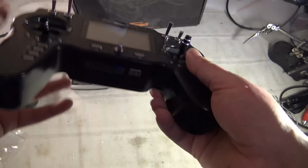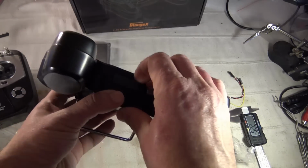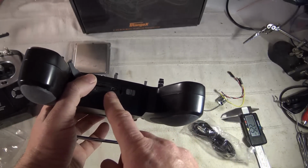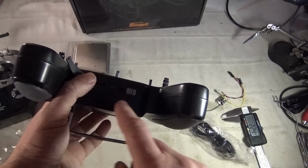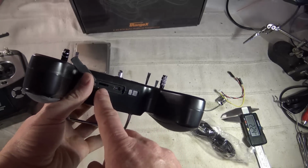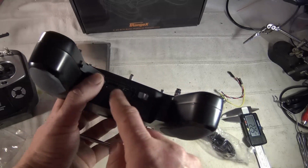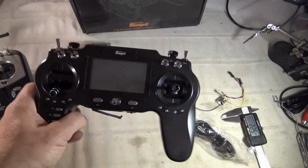Okay, so we made the tour, and now we have the main power button. If you remove this silicone, we can access a mini USB, where you will be able to connect to your USB drive, or to flash in the DFU mode a new DeviationTX firmware. Here we have a virtual micro SD slot, not used. There is absolutely nothing, so don't insert any micro SD card, except you will need to remove everything to